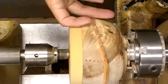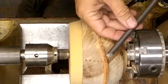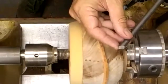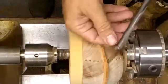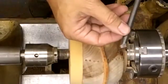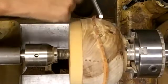So I use a small gouge. I use a 3/8 inch gouge because it's cutting less fibers at a time. I keep a fairly conventional rounded tip on it. Okay, it's not a super swept back gouge, all right? It's just a fairly conventional tip on it. And what that allows me to do, flute's facing forward right here,